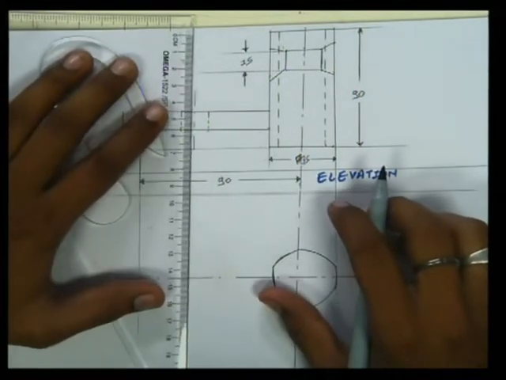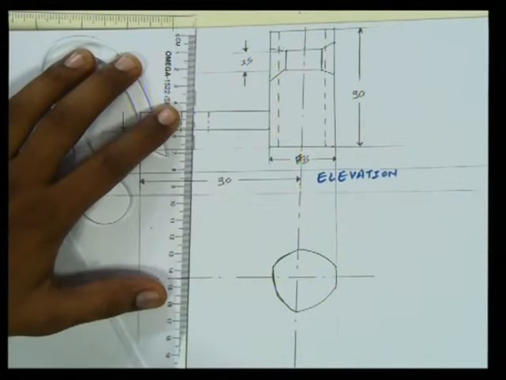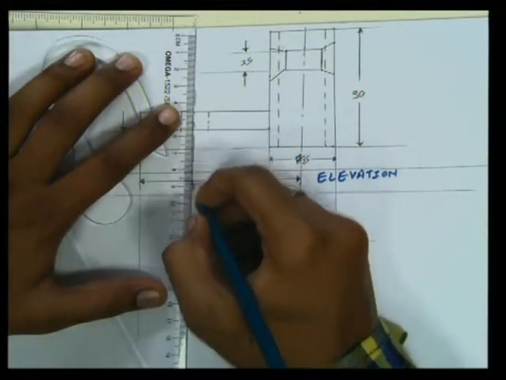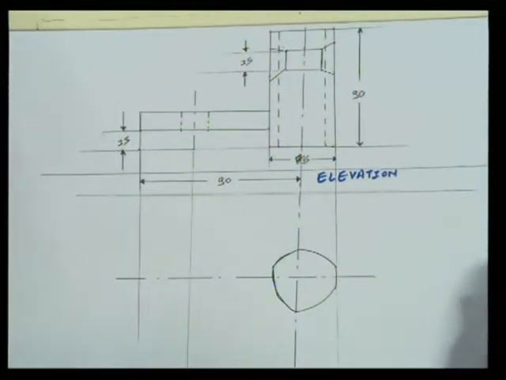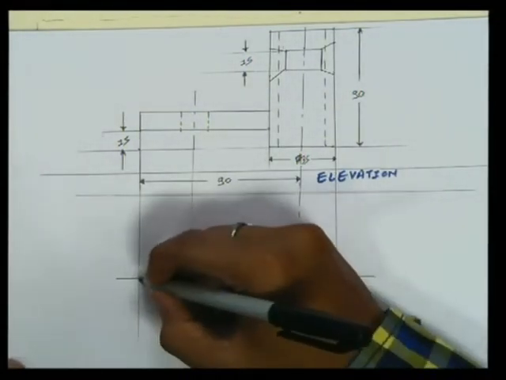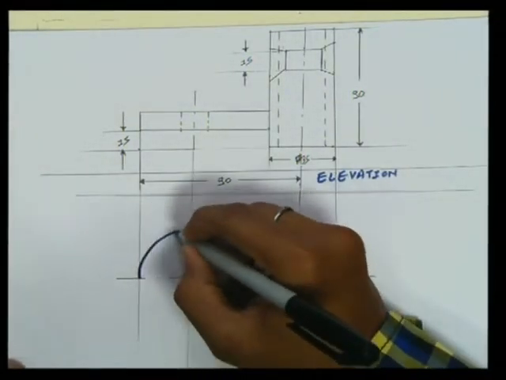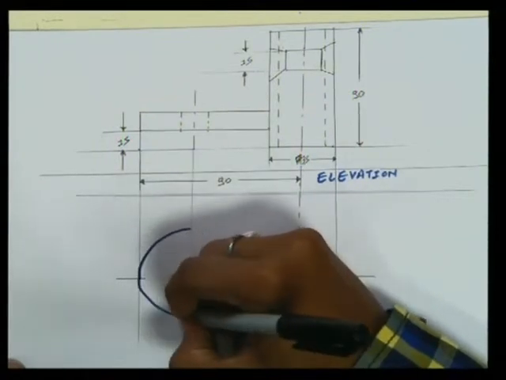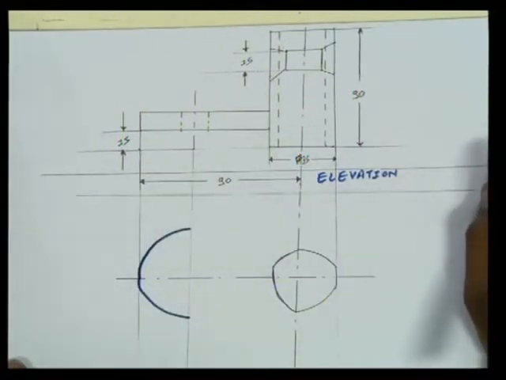We are having these projections too, so I will trace these projections too. I will trace this projection and make a semicircle of R30.